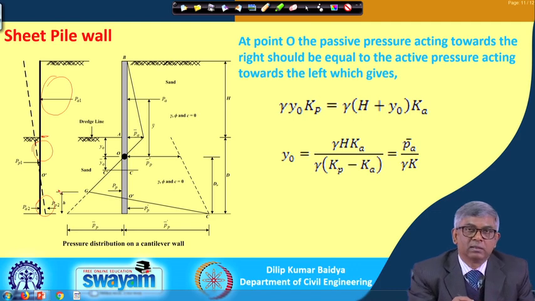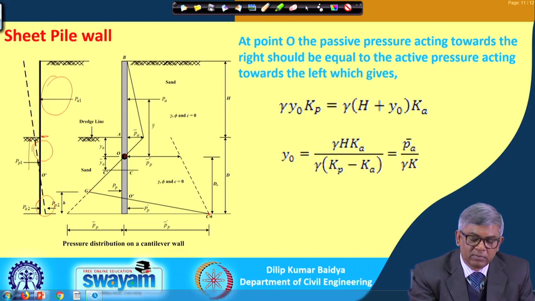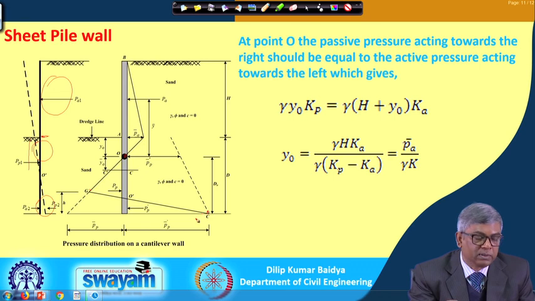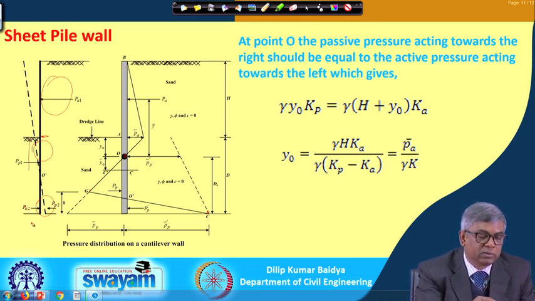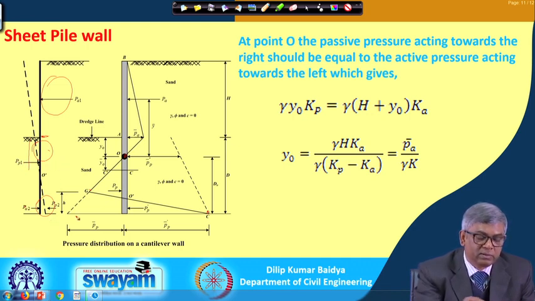So, there are three different zones, and if you plot the pressure diagram, you can see the pressure will be an active pressure diagram here, and then when you go deeper, because of the addition of the passive pressure it will become 0 somewhere, then it will become some value, and again on this side there will be a passive value. So, this side is passive and this side active. Here in this zone this side is passive and this side active, and similarly here also, just reverse.